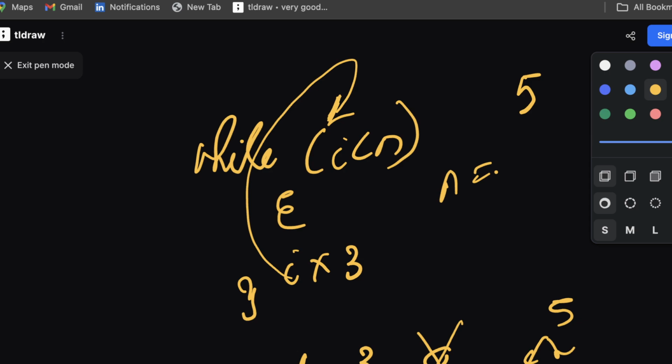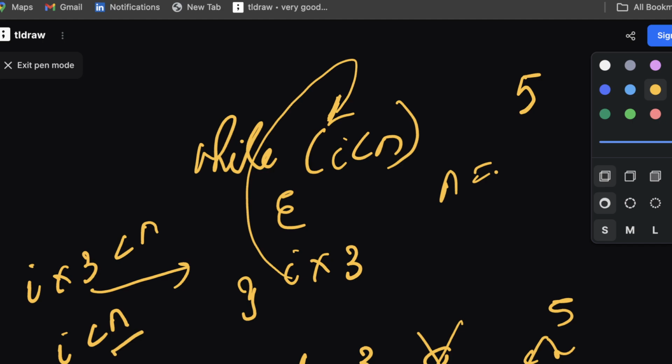So you can say this is like I power I into, or you can say this as, so this is basically I into 3 is less than n, right? And then this 3 goes over here. So whenever you get that n by 3 thing is basically,